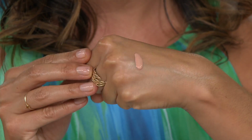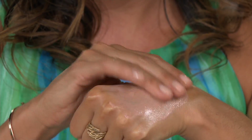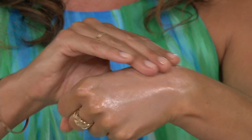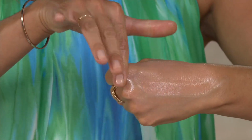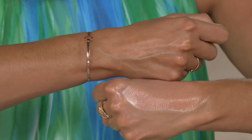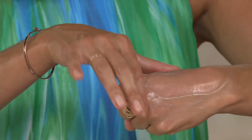Now, there is just 1 shade for the entire world, which I think is incredible. It really speaks to the formulation. We chose this really beautiful peachy tint because it gives you coverage, but it also warms up the skin. So I've put my Protect and Perfect on my hand, and I just want to show you the difference between my hands. This hand is more even. It's actually got a nice dewy glow to it. This hand, looking a little rough, you can still see